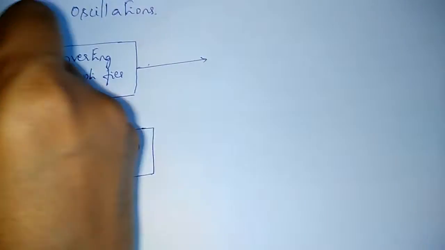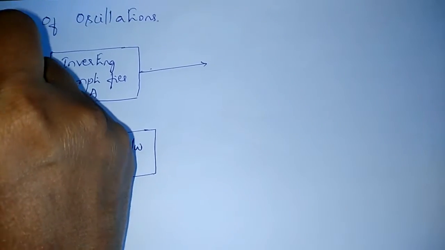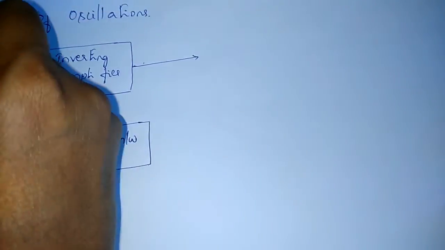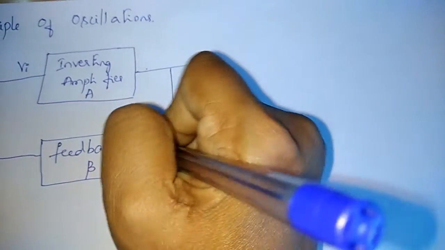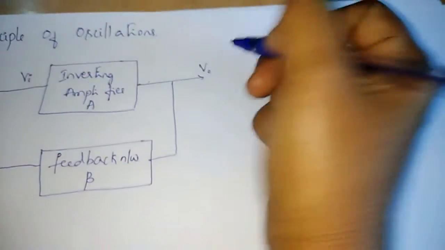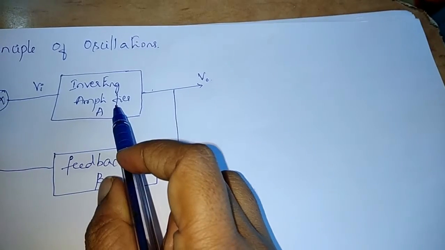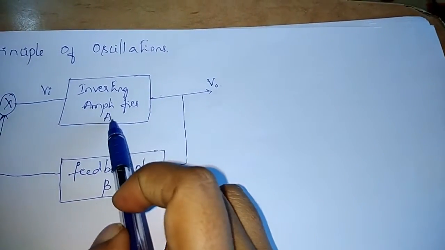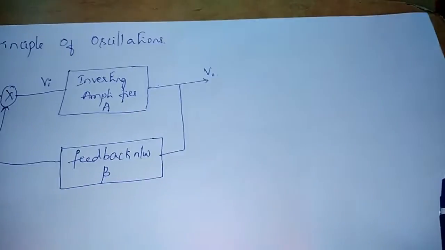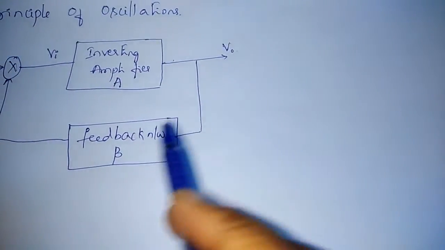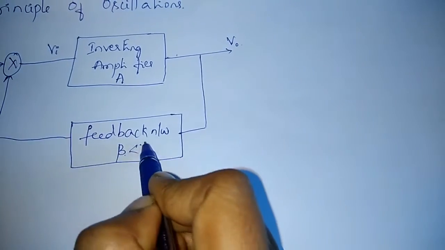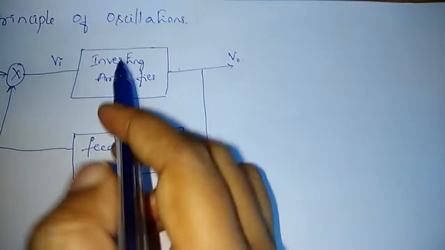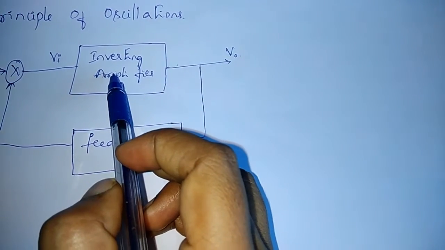So this we know already. Here you are giving input, which is mixed with the source input and the feedback signal to give a Vi, and here you have a source. This is a general block diagram, wherein I am considering the amplifier as an inverting amplifier, with A as the closed loop gain of the amplifier. I am considering the feedback factor as beta, which is less than 1.